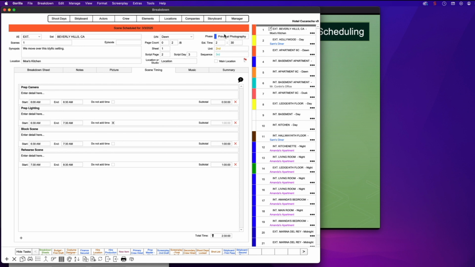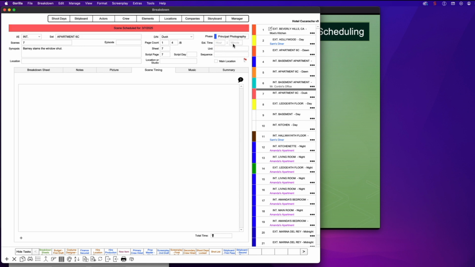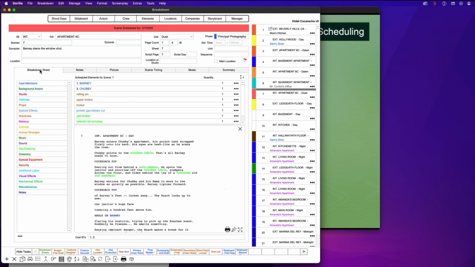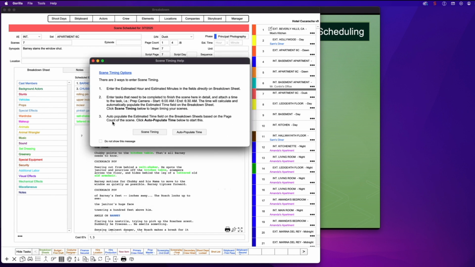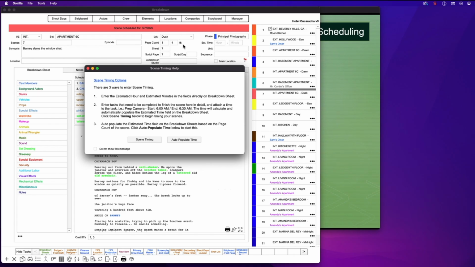If you click on Breakdown Sheet, you can see that this scene really should be timed because there's a scene here. And this takes time to shoot. So what you can do with the third option is auto-populate the estimated time field on the breakdown sheet based on the page count of the scene. Notice that this page count here is 1 4/8 of a page. Now, this came in from the screenplay. So if I click on the auto-populate time button,